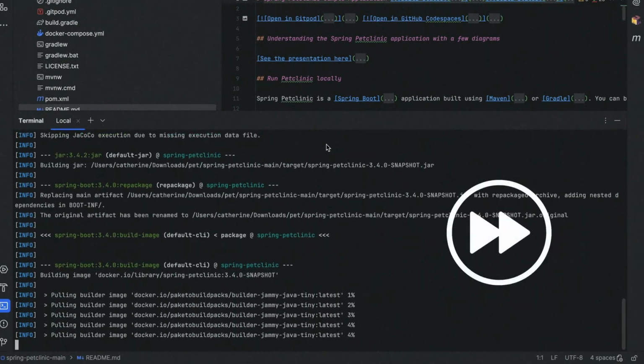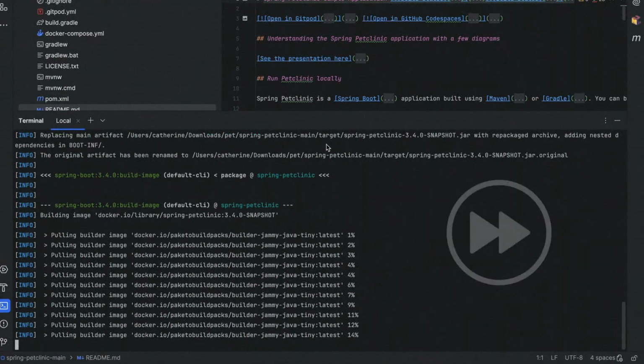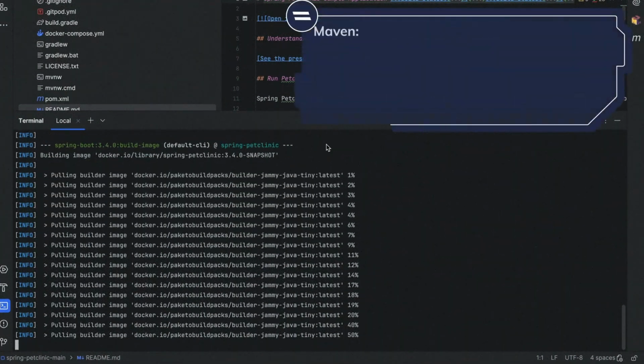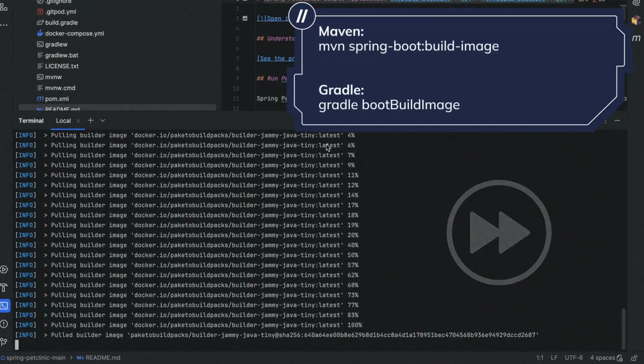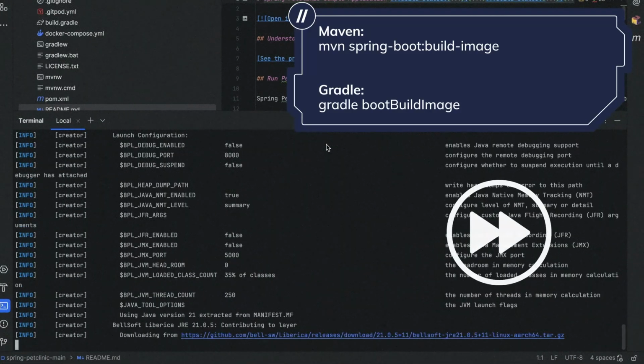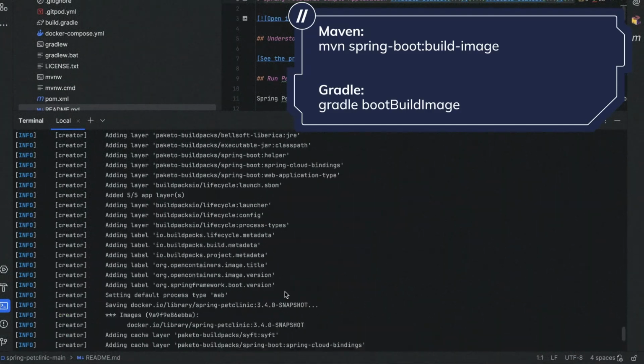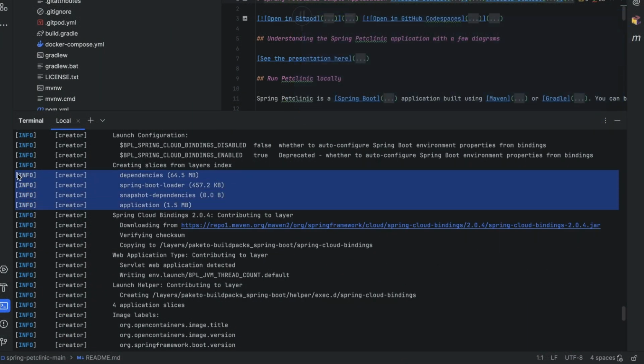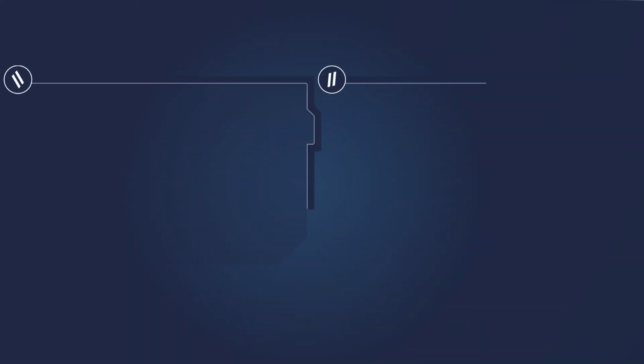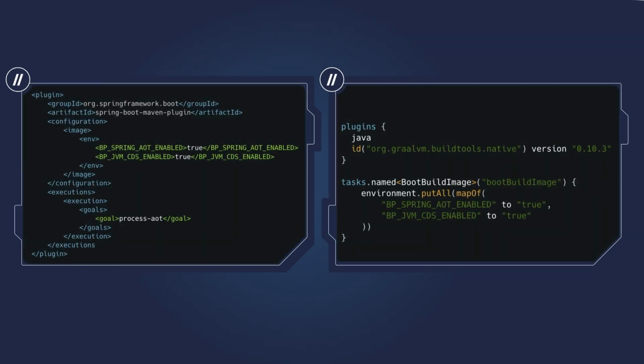They turn the application source code into a production-ready container image, and all you have to do is run just one command. And buildpacks always use the latest version of software for base images, so you will always be up to date. And by the way, buildpacks for Spring Boot automatically create layered jars, so you don't have to do it manually. But of course, you can configure buildpacks. It is really easy to do. For instance, if you want to use AppCDS and AOT processing, all you have to do is to specify these two features in a configuration file, and that's it. The buildpacks will do everything for you.